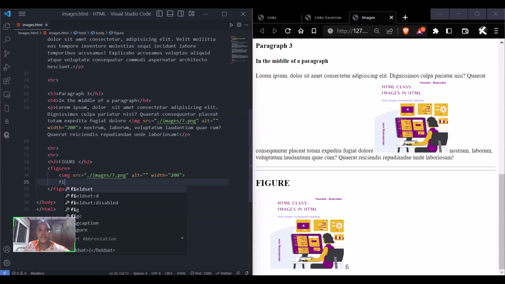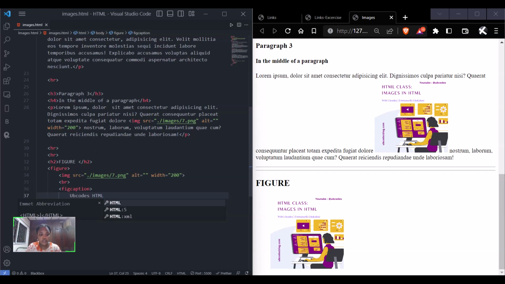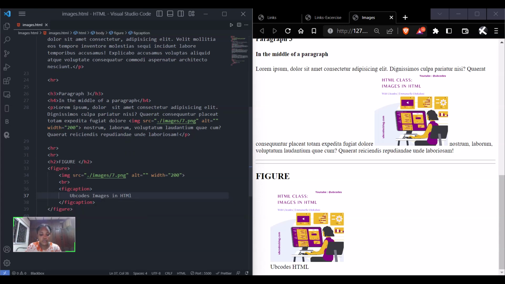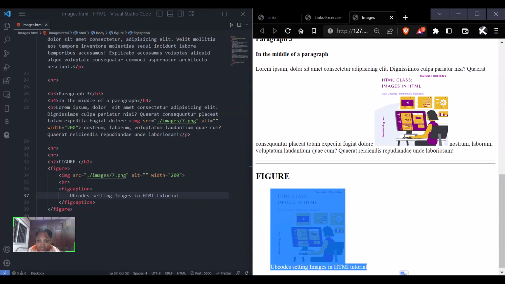Now if you want to put a caption here, use something called figcaption. So let's create a line break here, and we say figcaption. And here we say ubiquitous images in HTML tutorial. So, ubiquitous images in HTML tutorial. As you can see,